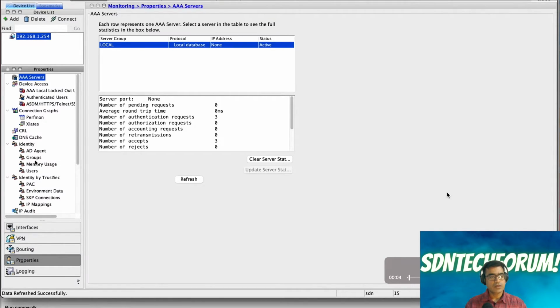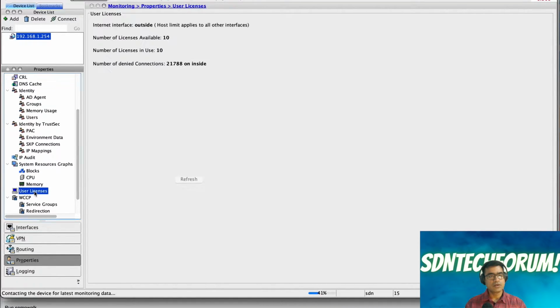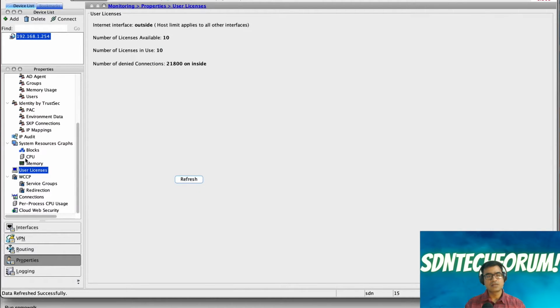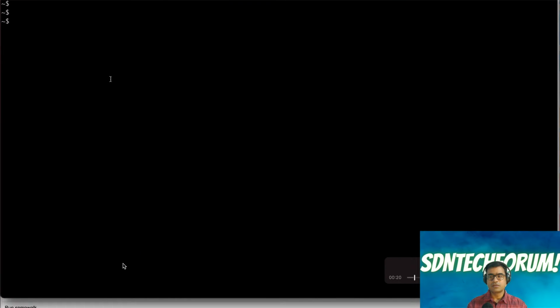As you can see, what you have to do is go to configuration, monitoring, user license. As you can see, I started with a basic license. That's why the number of licenses available is 10. Okay. And I will validate the same thing on my ASA. So SSH to the ASA